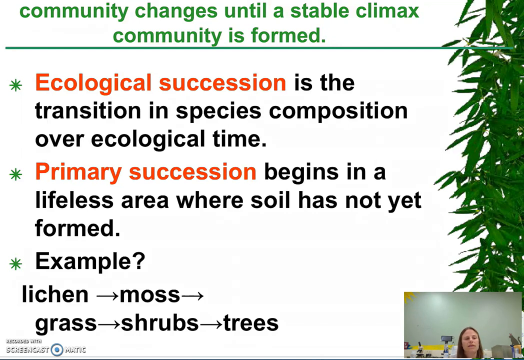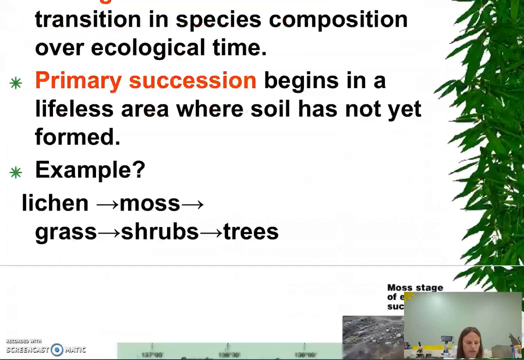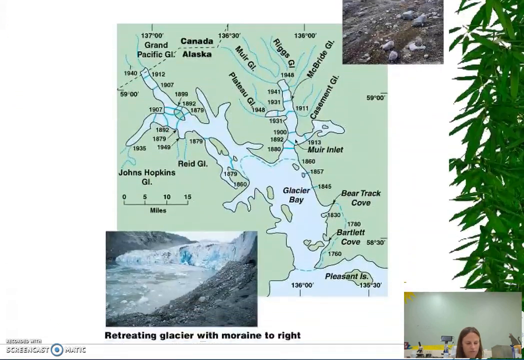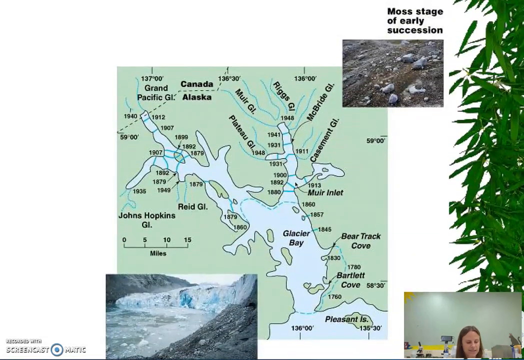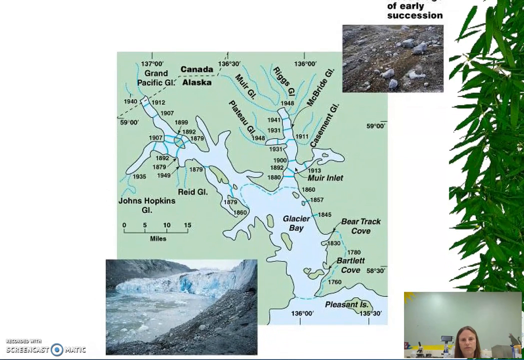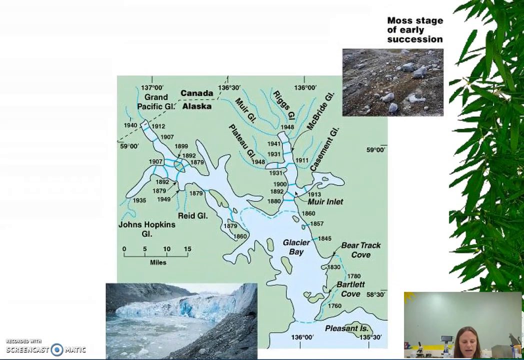What happens is a lichen acts as a pioneer species which breaks down rocks into soil, enabling moss to grow, enabling grass to grow, which then enables shrubs to grow, which then enables trees to grow. If I wanted an example of primary succession, when glaciers retreat, for example, near Canada or Alaska, they leave behind